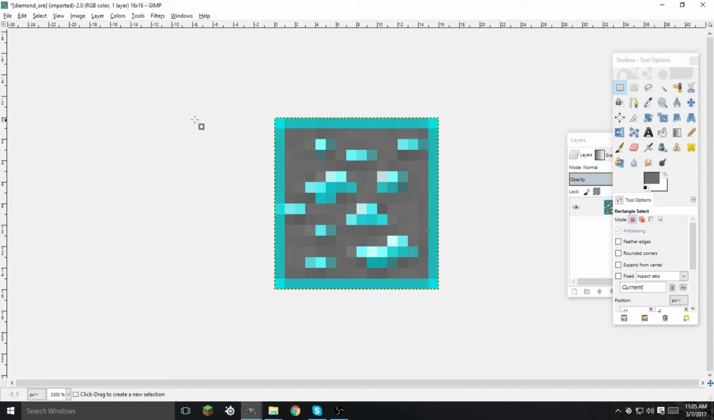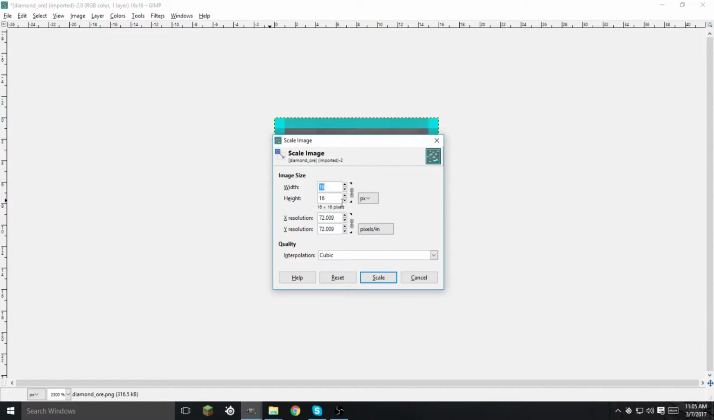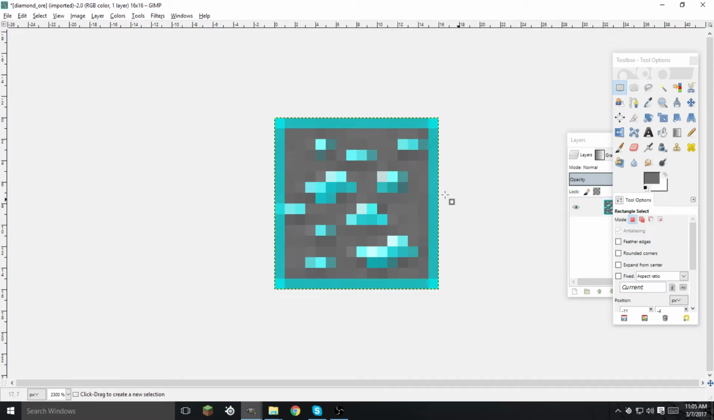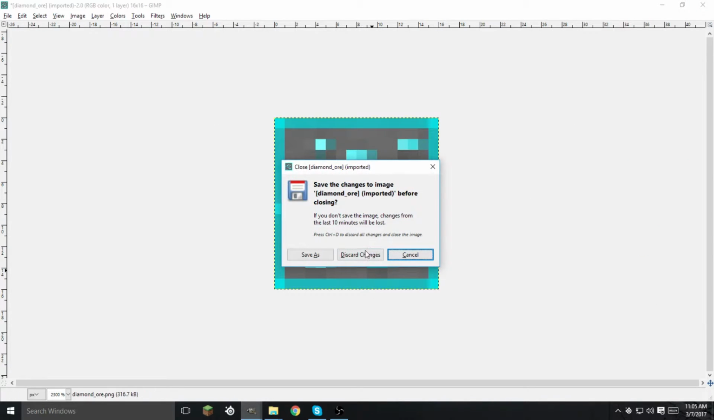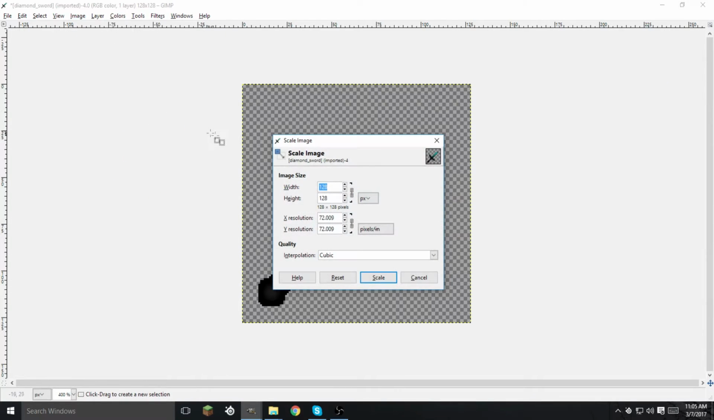Basically, the gist of descaling anything is you're going to hit image, scale image, and the size you want to do. So now I'm going to move on to items. I'm going to get rid of that. So we're going to start with the sword. It works the same way with swords, but the thing with cubic is because it's not filling up the entire space. If I was to descale this to 32,